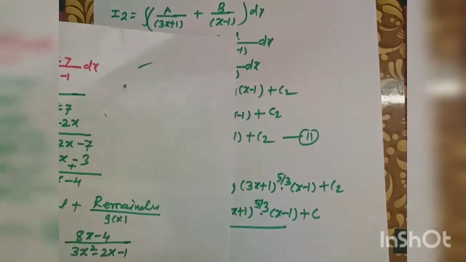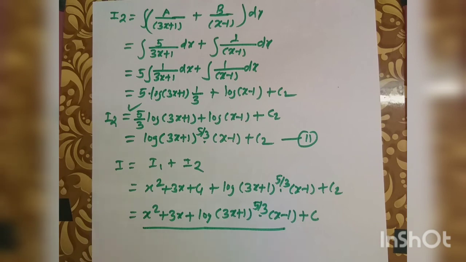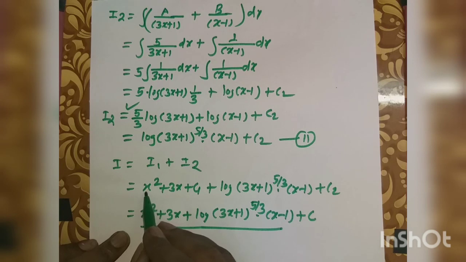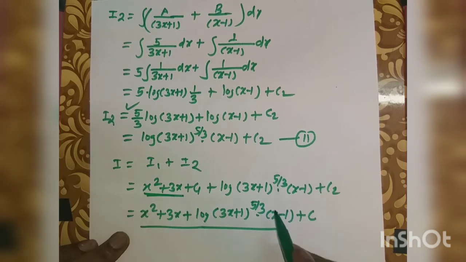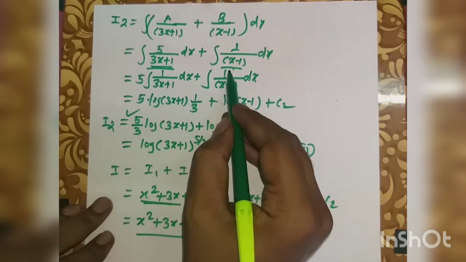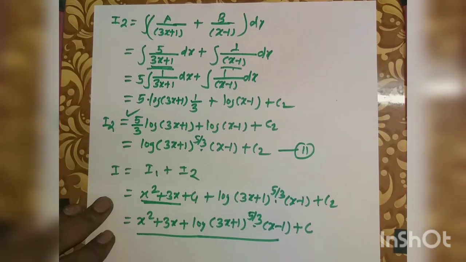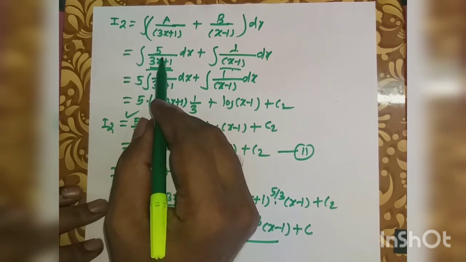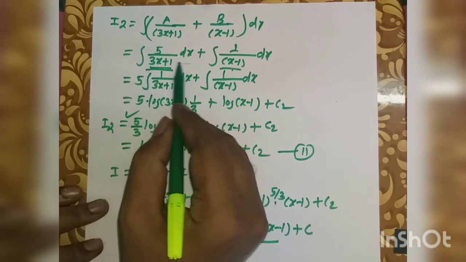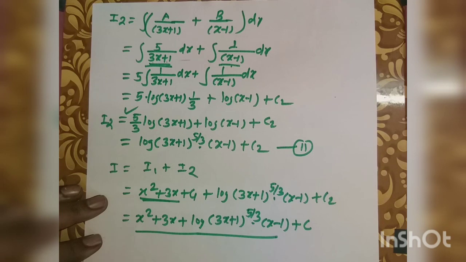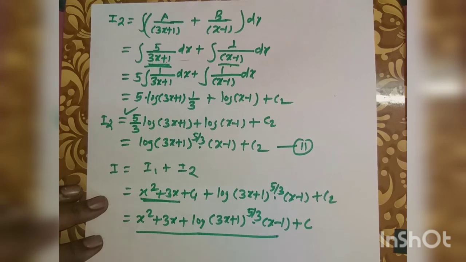Now the process is lengthy, but not complicated, because in this integration there are only two parts. One is the integration of x raised to n, this part I1, and the second is 1 divided by a linear expression, which means take the log, the logarithmic integration. The integration of 1 by x is log of x. In place of x, here we have a linear expression like 3x plus 1 or x minus 1. In this way we solve two types of examples. The remaining examples will be solved in the next period in this article. Okay, thanks.